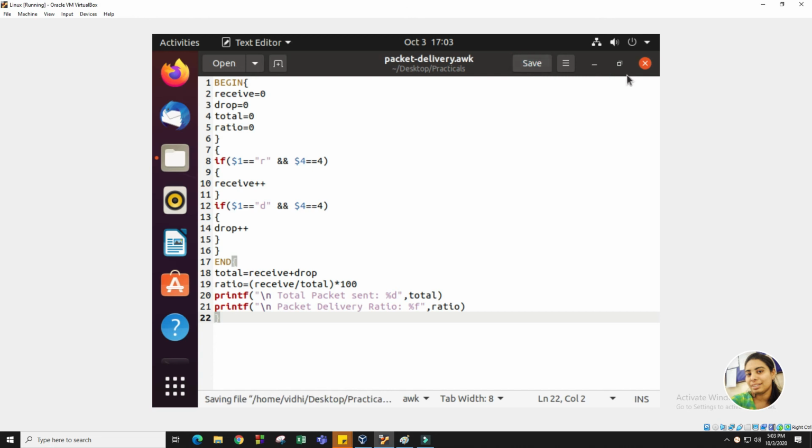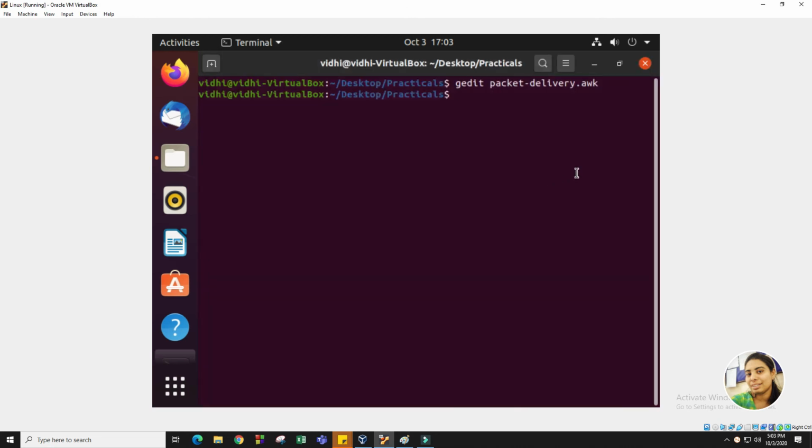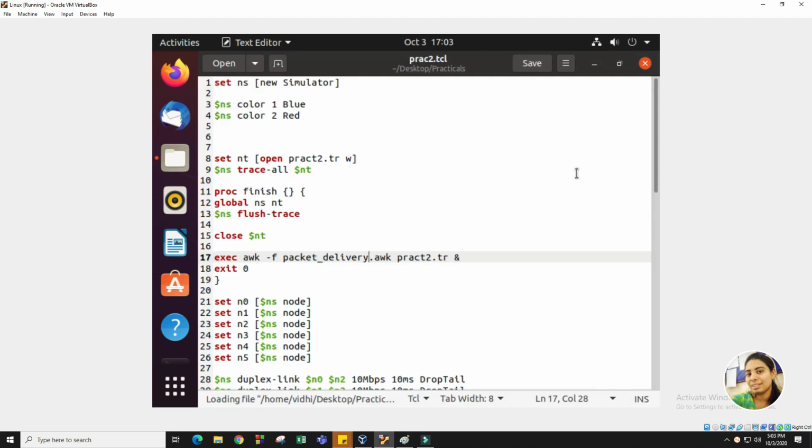So save the file. After that, we will edit our .tcl script, that is prac2.tcl. In that we need to write this packet-delivery.awk, because in the earlier session we used throughput.awk.